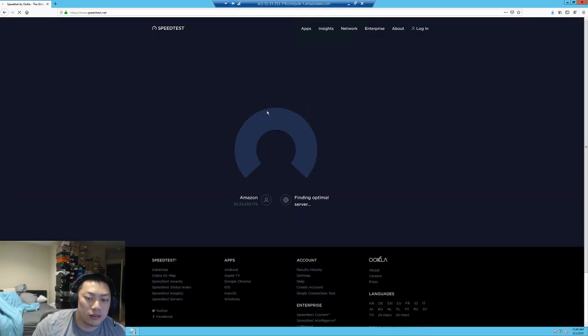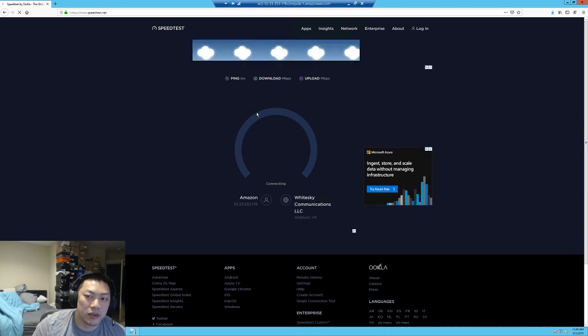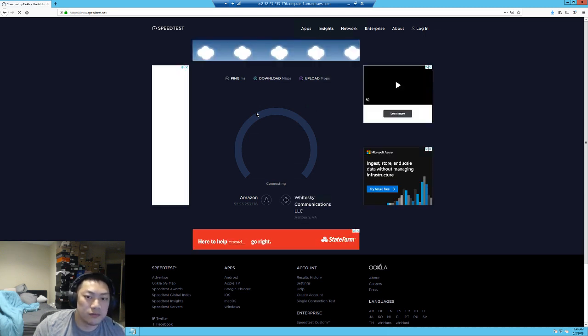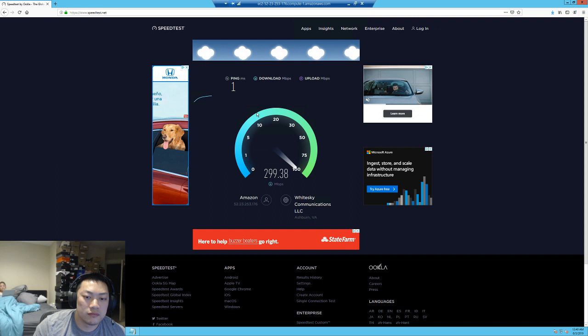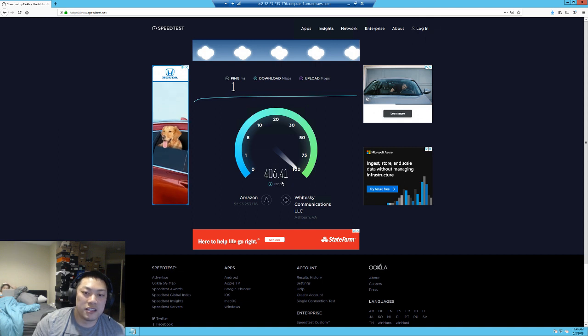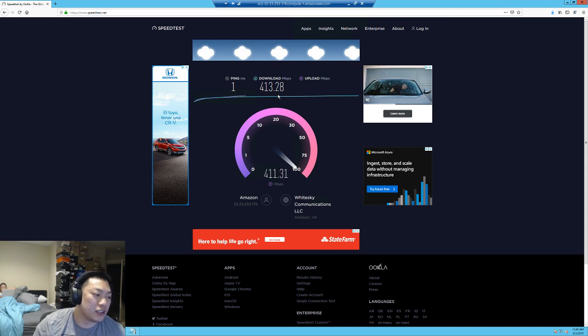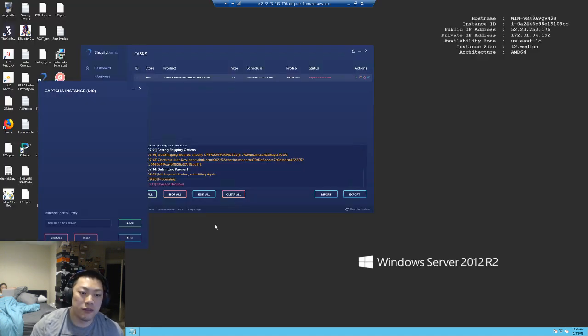Since this is a lower tier server, I don't know what the speeds will be. It's kind of laggy, but normally on my server, where I changed this to a C4, I'll have 1 gig down and 1 gig up, which is a lot faster than what you can get at home. So it's cheaper. For example, if you don't have good internet at home, you can get 1 gig down on any web page. Just for example, even if I ping Kith,